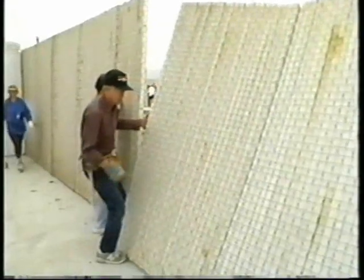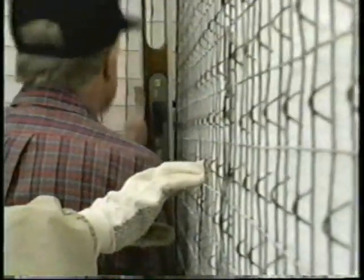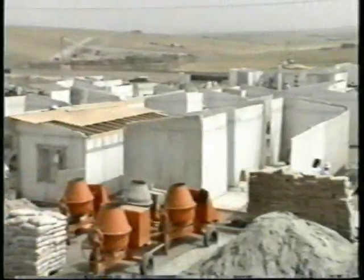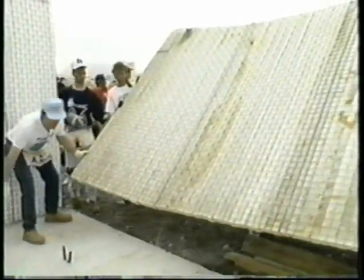It's a step in the right direction, and also it's an inspirational idea that can help to solve the world's housing needs. You plant a seed, and you hope it grows. With modern technology that employs lightweight polystyrene and wire mesh walls, the new community is literally rising out of the desert. We are trying out a new building technique here that we believe will have far-reaching benefits for communities around